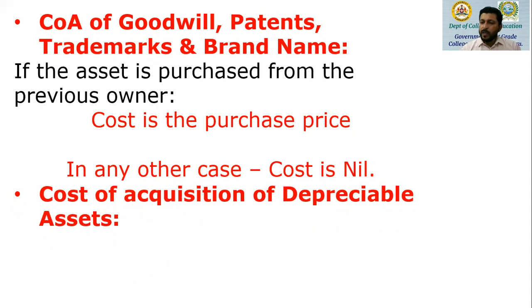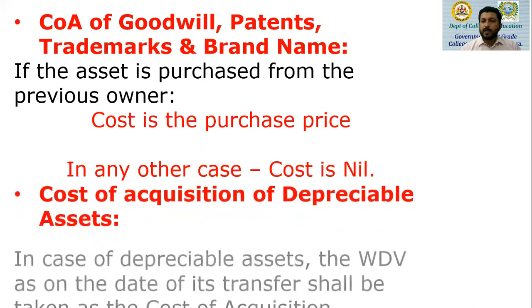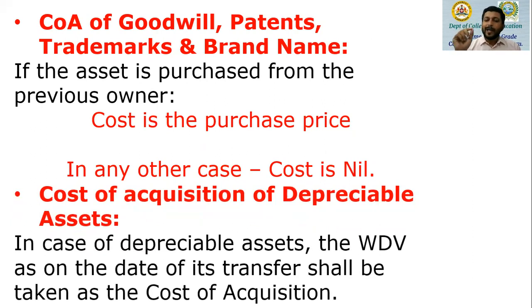And we have taken this even in sessions 22, 23, 24 of our direct tax 2. Cost of acquisition of depreciable assets will always be taken as the written down value of such assets, that is on the date of transfer. We have seen this in the chapter depreciation as well under section 32. You can refer sessions 11 to 16 for more information on depreciable assets. The written down value on the date of transfer shall be taken as the cost of acquisition.